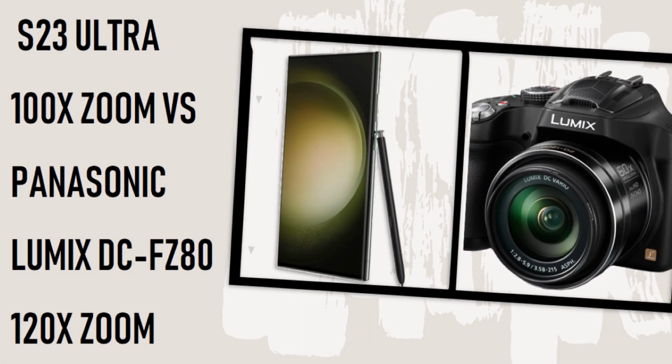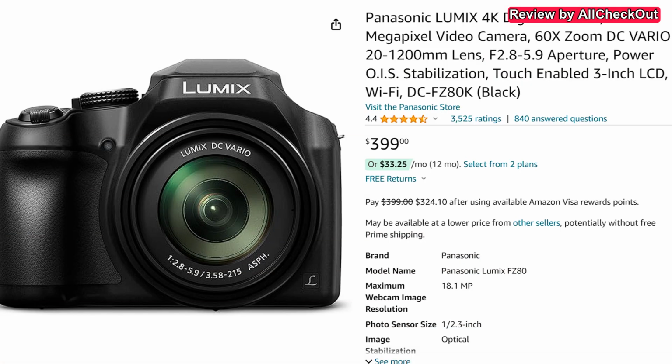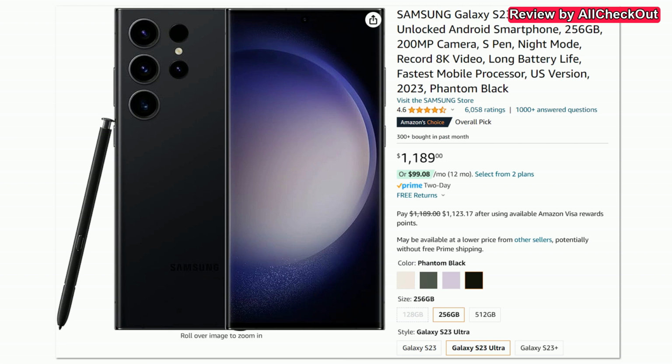Hi guys, welcome to the short comparison between the zooming and telephoto capabilities of the Panasonic Lumix DC-FZ80, which is of course not a very new camera, but still probably one of the best bridge cameras, travel zoom cameras, and the Samsung Galaxy S23, which probably has the best zooming or telephoto lens for a smartphone. Of course, these are two totally different devices, but they are my best zooming devices, so I've been using them